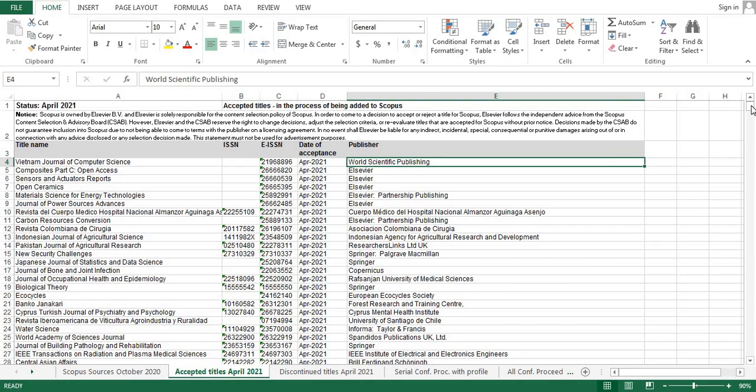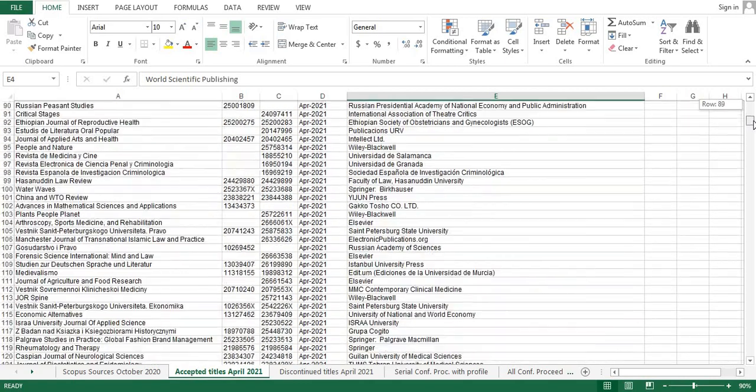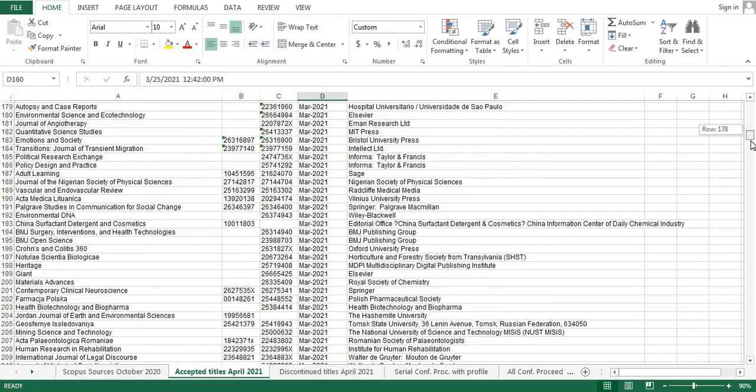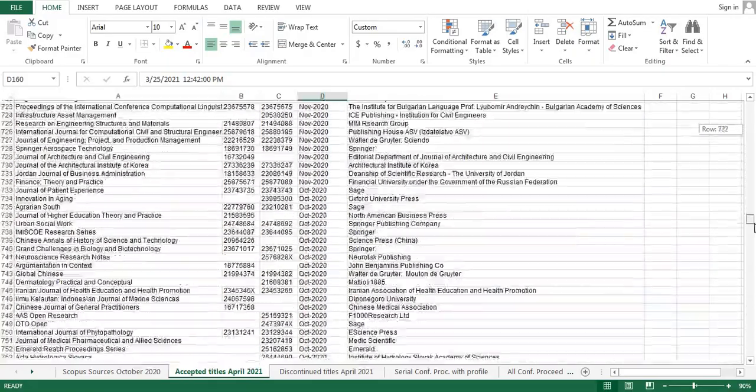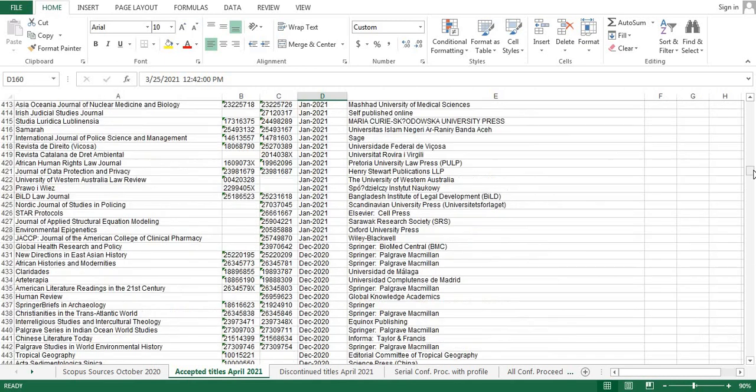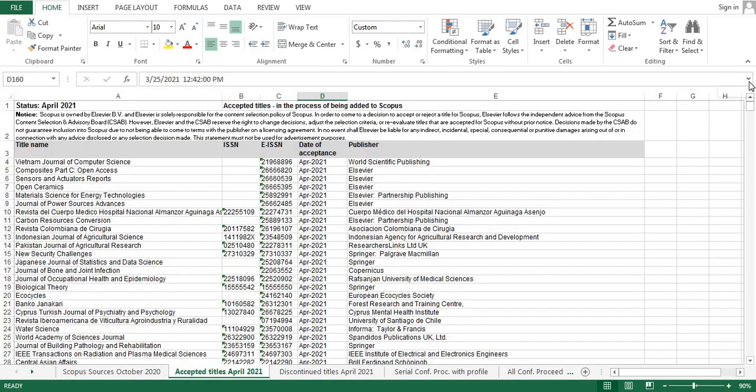So as I told you, if you scroll down, you can find April 2021 journals and journals which are indexed or accepted for indexing by Scopus March 2021. And similarly, if you go down February, January, December, November 2020 or 2019, the journals which were accepted for Scopus indexing, all the list you can find it over here. But however, the recent list, the journals which are accepted into Scopus indexing recently, that is April 2021. In the month of April, what are the journals are accepted for Scopus indexing, you can find it here.